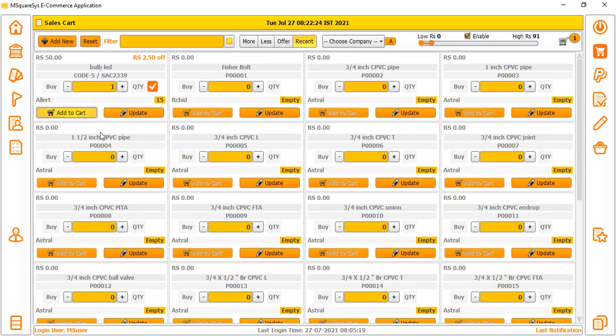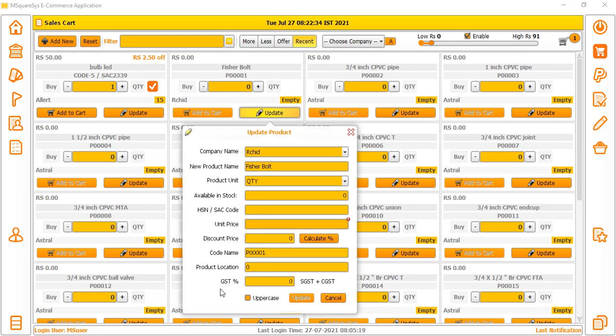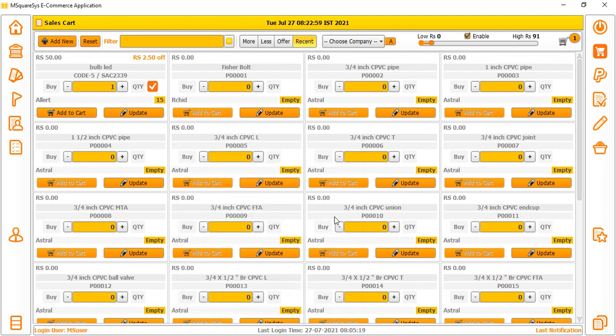Now I am going to order this item, add to cart. Whenever you are adding, or if your stock has not been updated with any detail about the company item, you can update it here also. Instead of going to select the product, you need not update elsewhere. On the single page you can do all the operations: update, delete, add new, all the options are provided. Here on this page, the stock I am going to update is 12, and an HSN number, some default number, unit price 345, and the offer I am giving is 5 rupees, and the code name, and update it. So I am doing that.